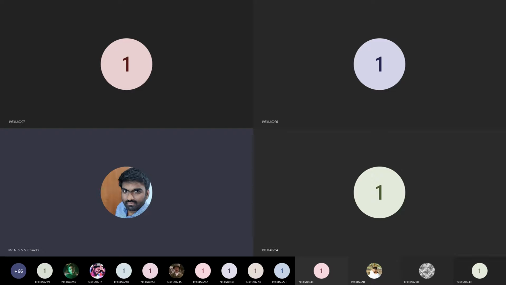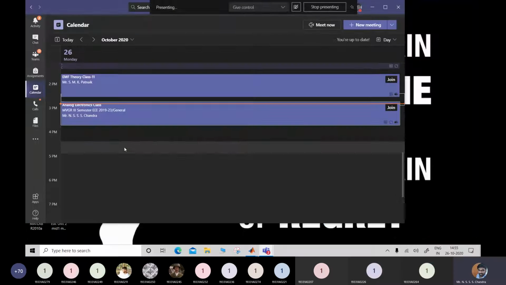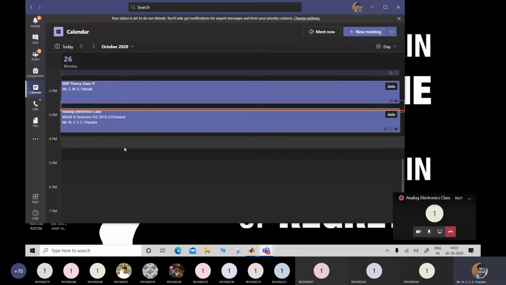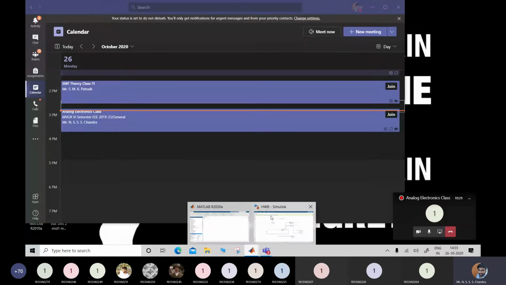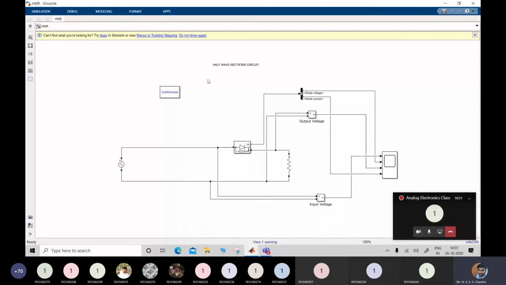Before proceeding further, I'll show you the simulation circuit again for the half-wave rectifier with a small change. So the ripple factor is gamma. It's not rho. It is gamma. Okay, so I'll show the circuit. I think this is the circuit that you have seen in the last class, the half-wave rectifier circuit. Is my simulation circuit visible to you?